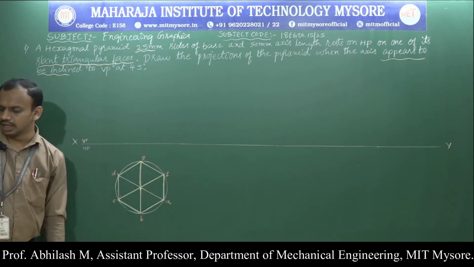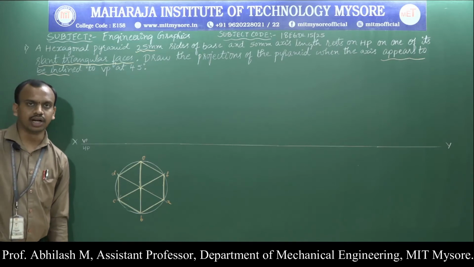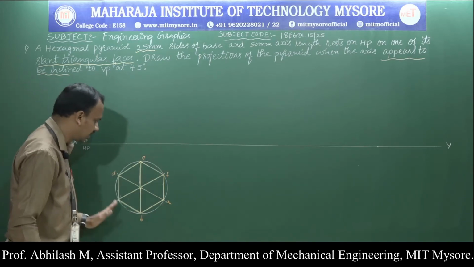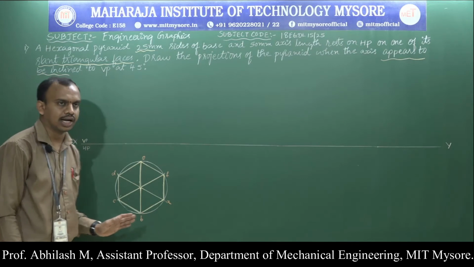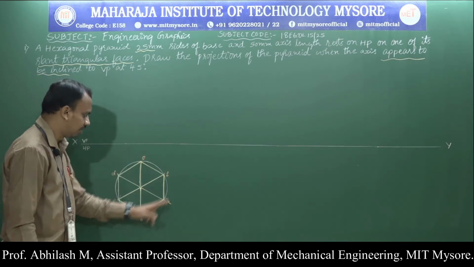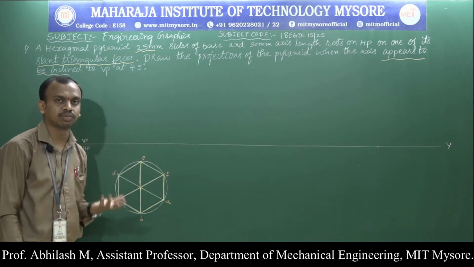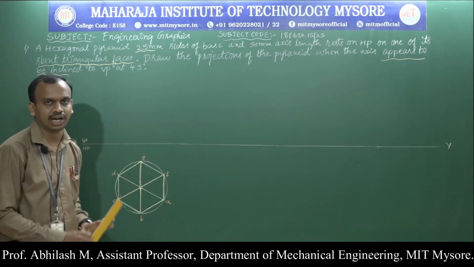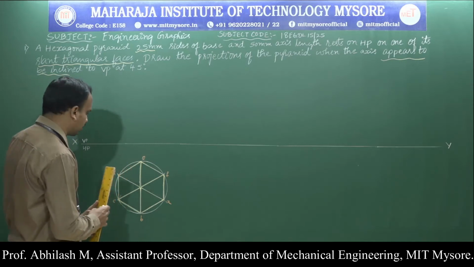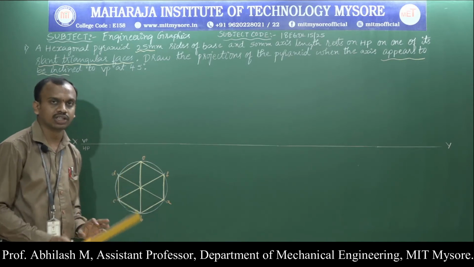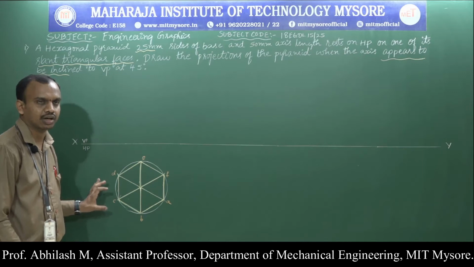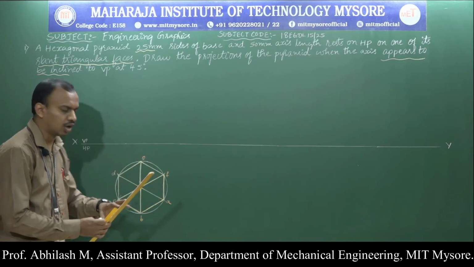So we are done with the first condition where we have rested the hexagon in the edge condition and we have named all the corners. Now we'll begin with the front view. What we are supposed to do? We are supposed to draw the projection lines. So we'll continue with the projection lines, and before that we are supposed to show one of the dimensions, any one of the sides. So how to do that?